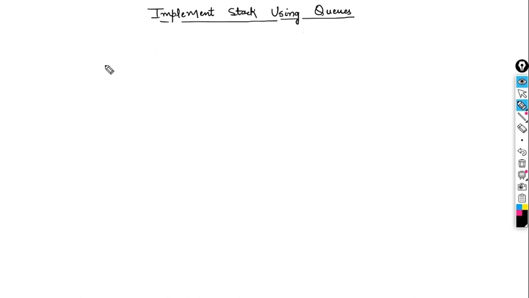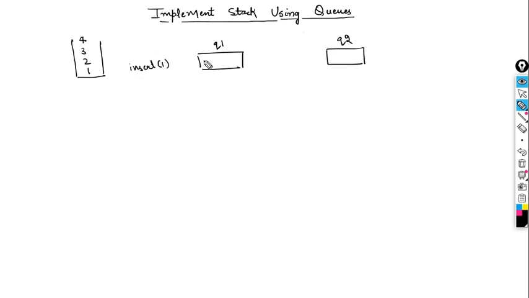Okay, so say we want to make a stack something like this. It should contain these elements. Okay, so again take 2 queues. This is q1 and this is q2, right? So initially both of these will be empty. Now say I want to insert one inside it. So insert one inside q1. Okay, now say I want to insert 2 inside it. So what will happen if I insert 2 here? So it will again become the task that we have done in the previous case, right?